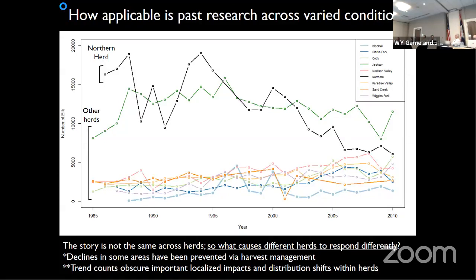I mean, in some ways, some of these herds you don't see declines because managers have backed off harvest to accommodate more carnivore predation, and that's lost hunter opportunity and so forth. And these obscure local scale differences that are really important if you're outfitting in a particular drainage and so forth. But the point is, there's a lot of variation in the ways these herds respond to these shared conditions, with carnivores being one of the important things that they share.